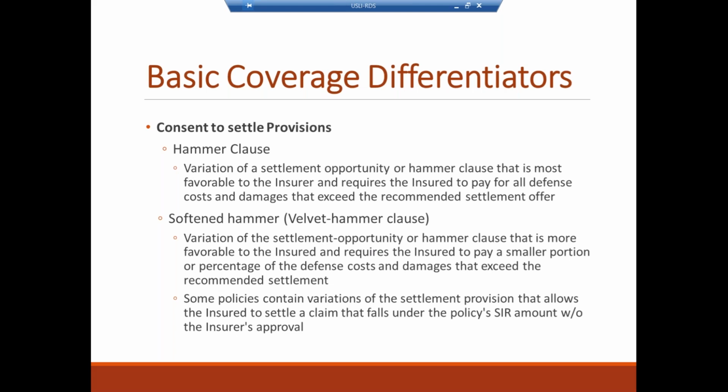So I know this is a lot of words, but let me explain this. Typically, with the consent to settle provision within the policy, the insurance company will defend the claim, and in most cases before it goes to trial, they'll try to settle it. There are times when the insured might not want to settle because their reputation is on the line. They just believe that they weren't wrong and don't want to agree to the insurance company and the